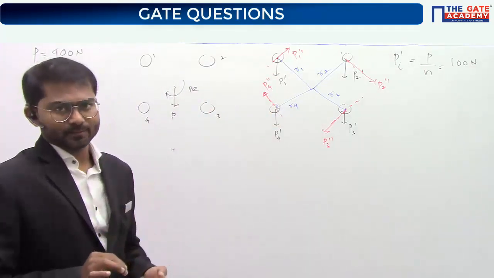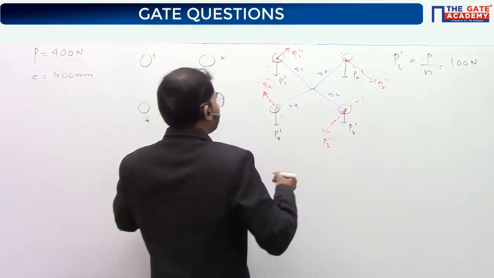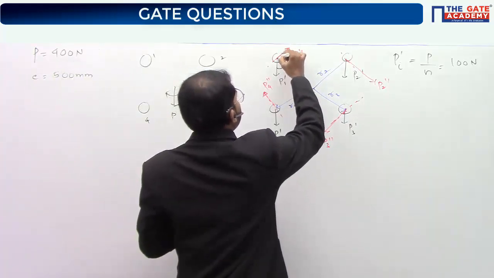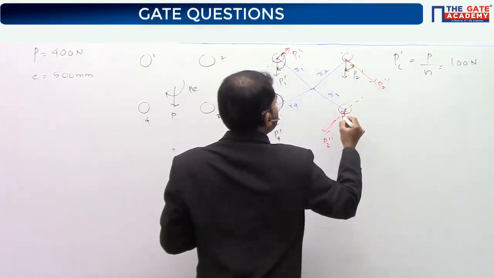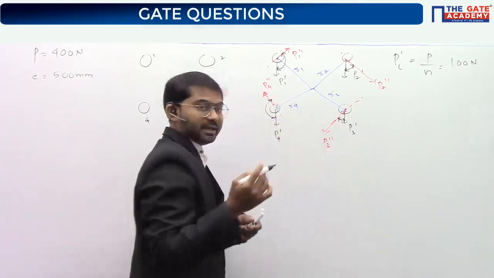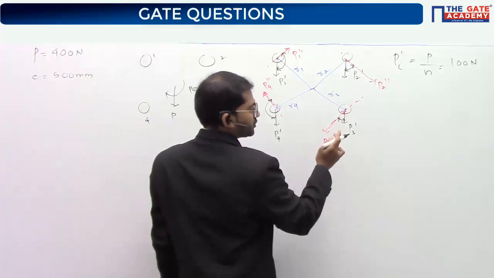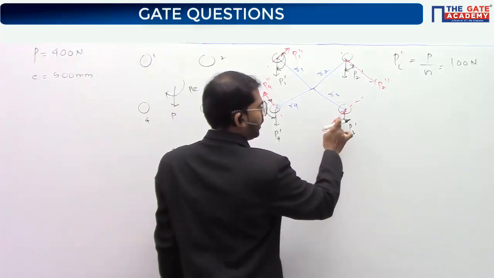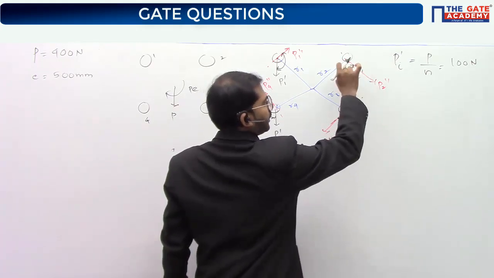Now you get the angle. The angle is the angle between primary and secondary load. So this is the angle here, this is the angle here, this is the angle here, and this is the angle. Like I said earlier, you can take any angle between the two lines. So you can take this angle or you can take this angle also. Both will give you the same answer.